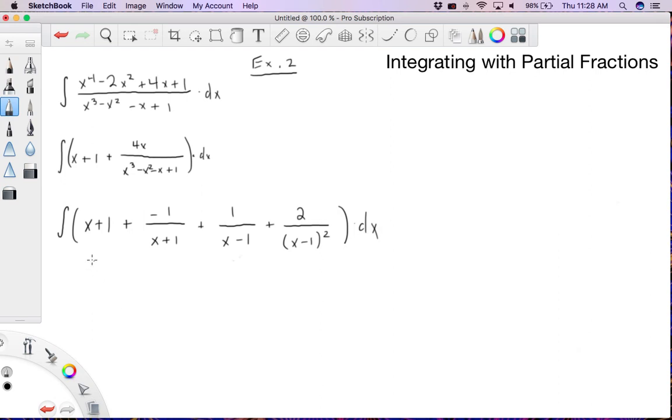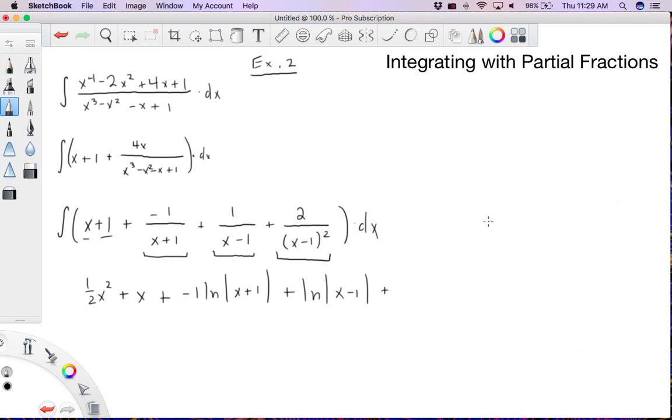Okay, so the integral of x is 1/2 x squared. The integral of 1 is x. The integral of -1 over x plus 1 is just -1 times the ln of x plus 1. The integral of this piece is just 1 times the ln of x minus 1. And finally, this piece